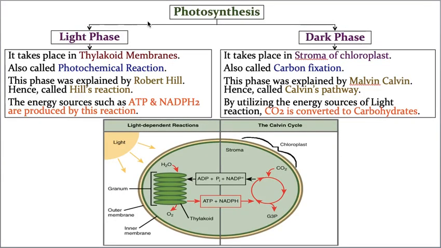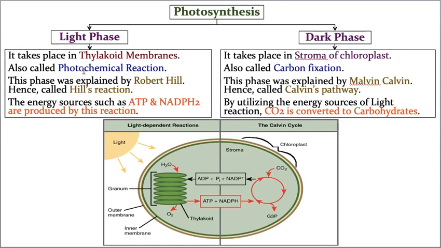These are the two phases by which photosynthesis is broadly categorized. Now let us take the first one, the light phase or light reaction. This light reaction is also called a photochemical reaction. Why? Please wait, I will explain this in detail in the light reaction. Now I am just giving the overall idea. That's why I'm stopping here, because if I start explaining this, it takes a long explanation. So just remember that the light phase or light reaction is also called the photochemical reaction.